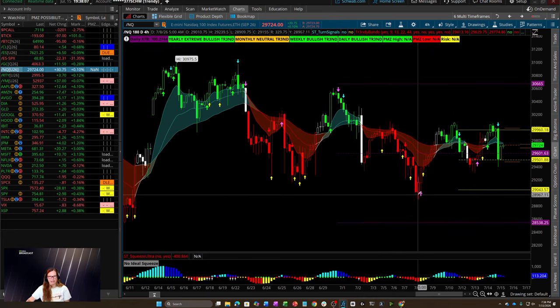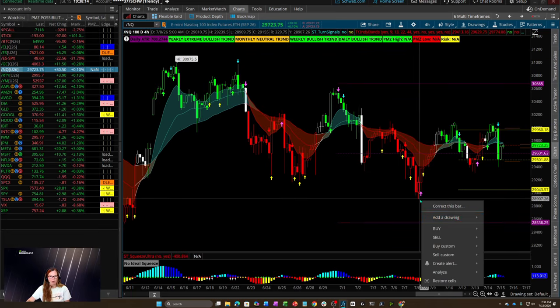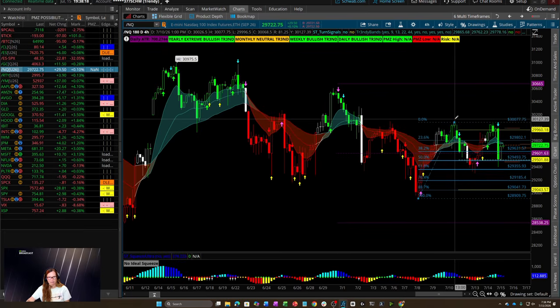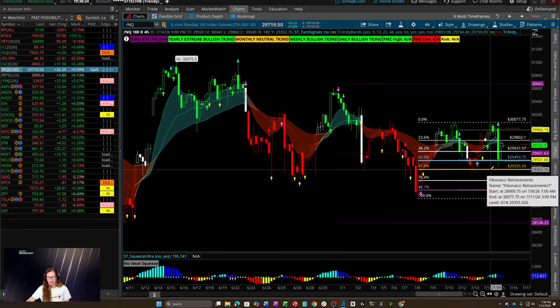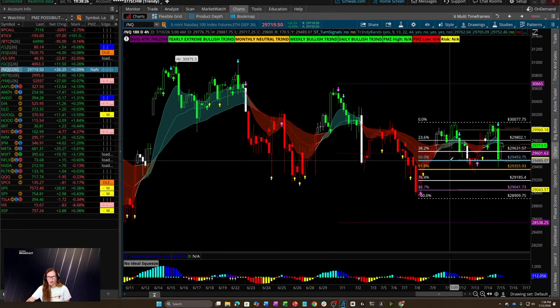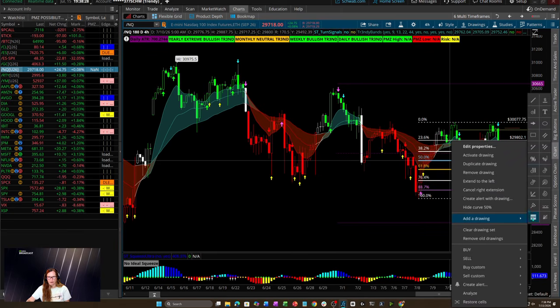That's all that's happening here. So for the NASDAQ, my focus without a doubt on a day trading chart is the 50 and the 618. Now, on this pullback on the NASDAQ,